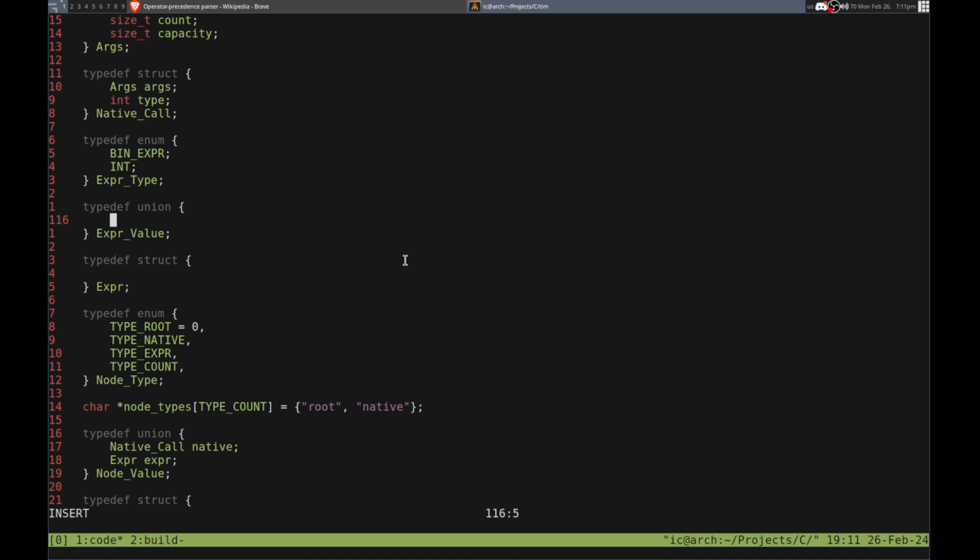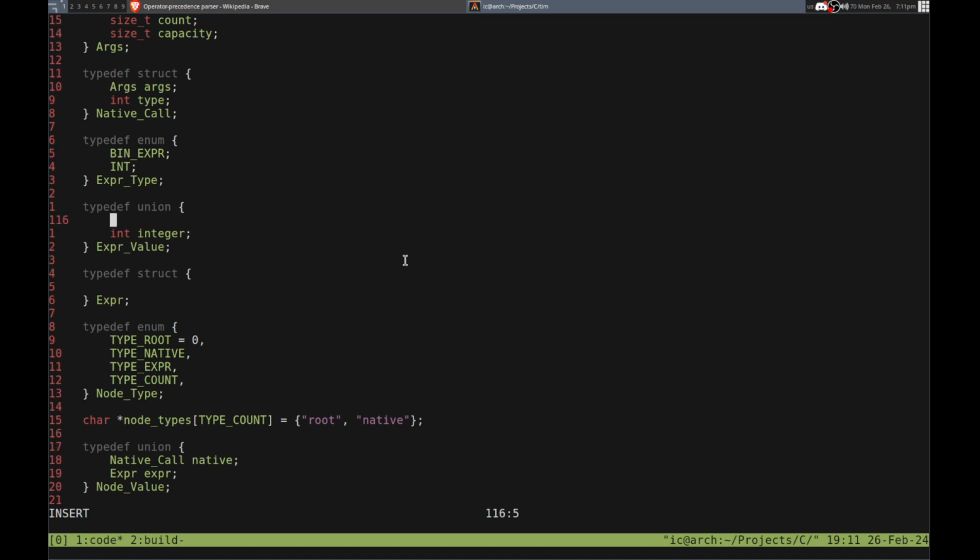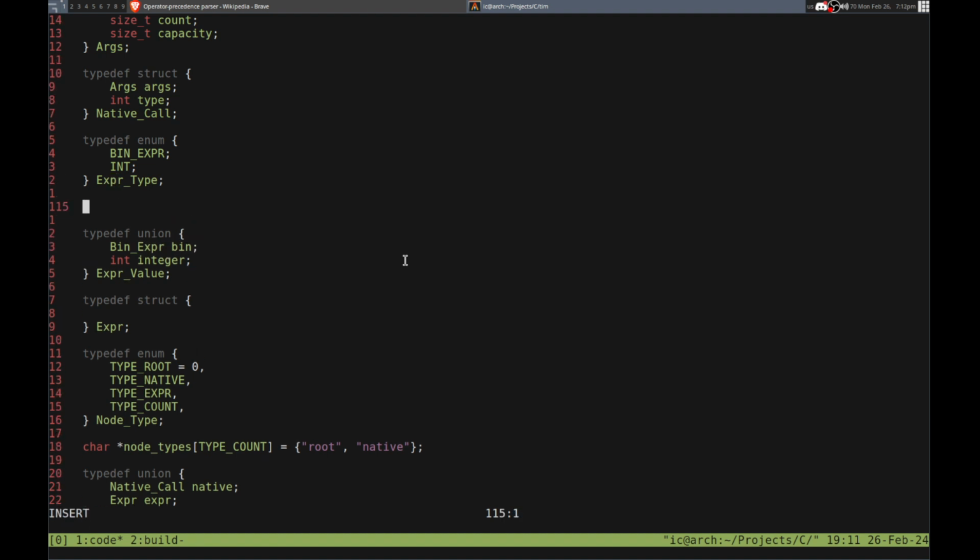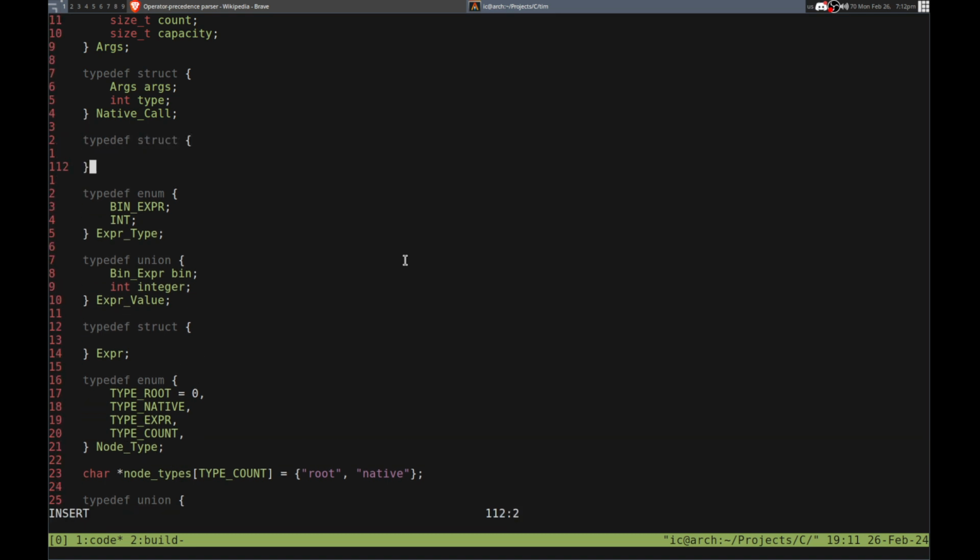So the expression value. There's gonna be int, integer, right? Oops, integer. There we go. And then we'll have binary expression, but bin. We just call that bin, I think. And so we'll put it up here actually, the structure for the binary expression. Yes, we're gonna have to do some forward declaration stuff here to get it to work,